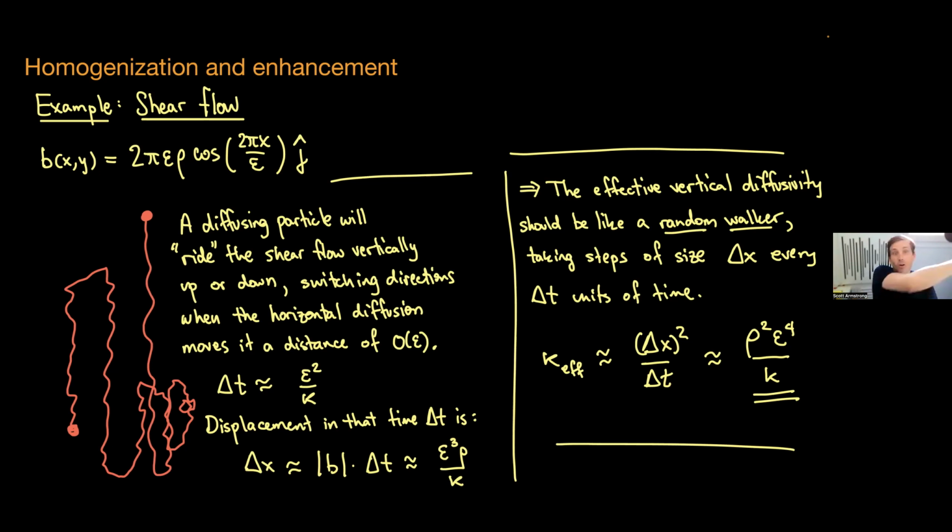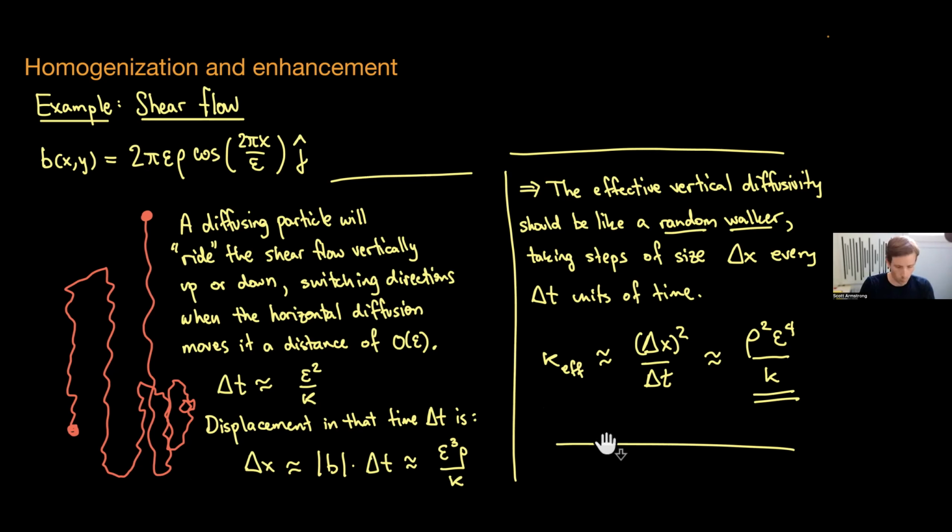Eventually, it'll diffuse across to the other side of the highway, so it'll have to go in the other direction. And you'll have this random walk where it makes very big jumps in its vertical position due to that. And if you think about this from a random walk perspective, you can sort of ballpark, or make an approximate guess as to what the diffusivity will be.